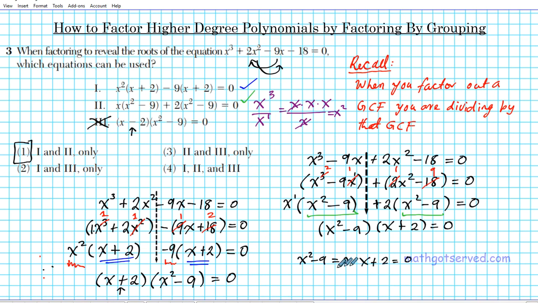So here we just add 9 to both sides, x squared equals 9, and then we take the square root, and then that gives us x equals plus or minus 3. Remember, anytime you take the square root of a square, you have to introduce a plus or minus sign. And then over here, you subtract 2 from both sides, x equals negative 2. And your roots are, in roster form for sets, negative 3, negative 2, and positive 3. And that, ladies and gentlemen, is your